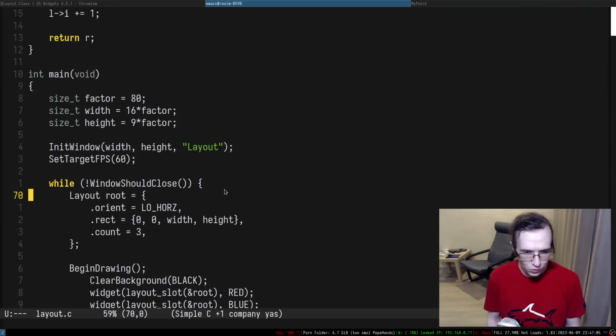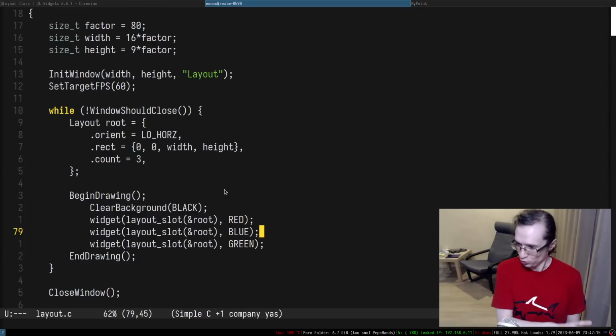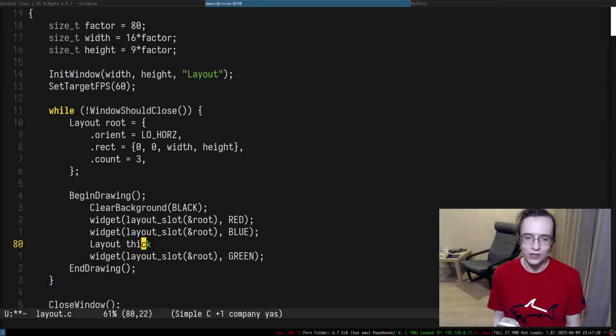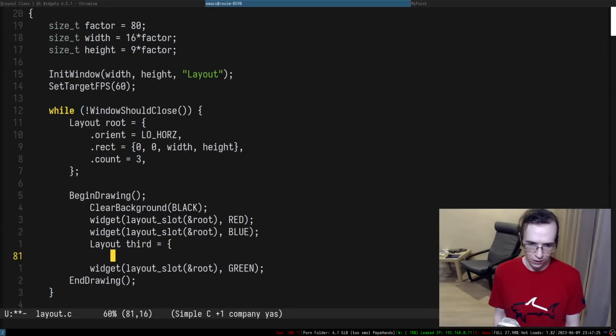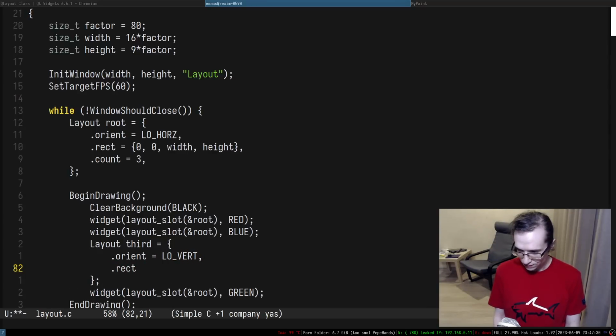All right, so how can we do all of that? Interestingly, we can do some cool stuff. So we have a layout root, and we can say we have a third layout. The third layout is going to have the orientation of vertical, and its rectangle...